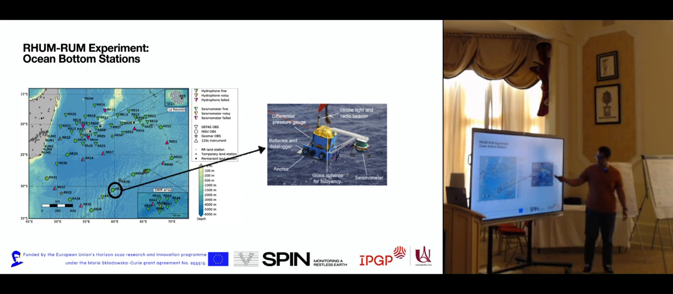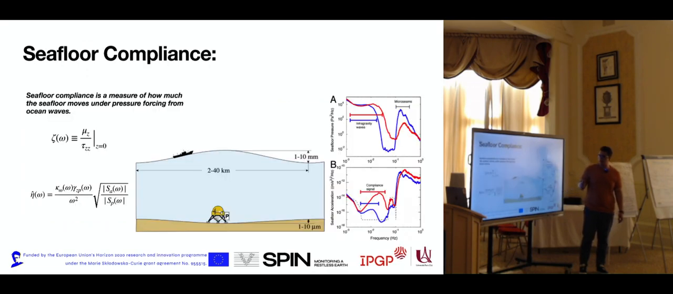Here is an ocean bottom seismometer, which contains a differential pressure gauge and a broadband seismometer. The seismometer here is 1,240,000, and it can record the data in the low frequency band. But what I want to do with the data,